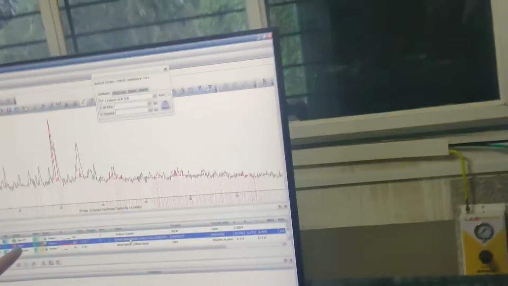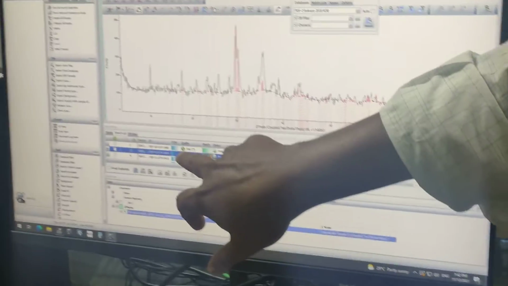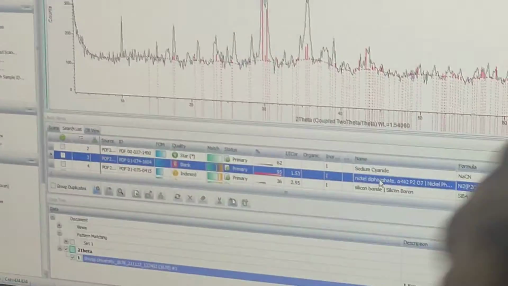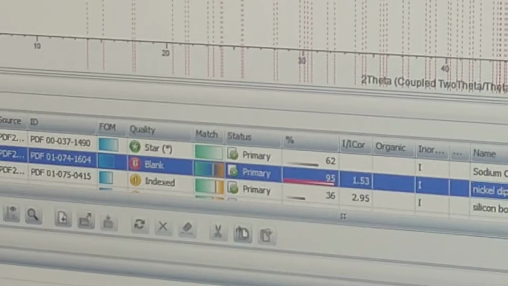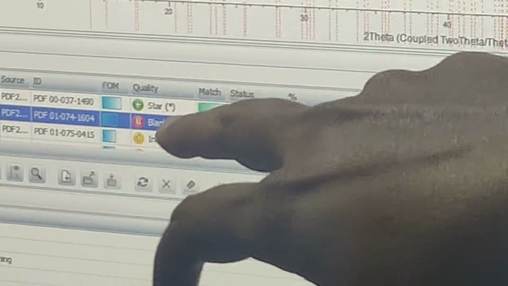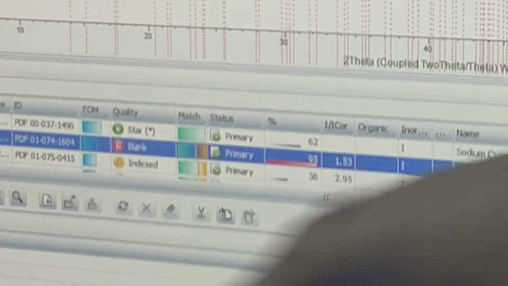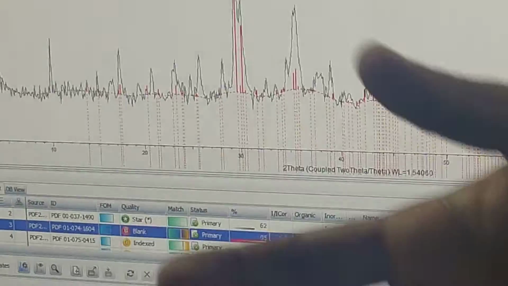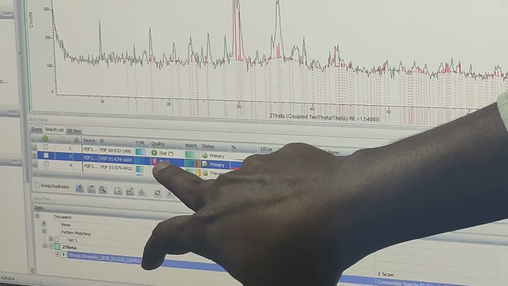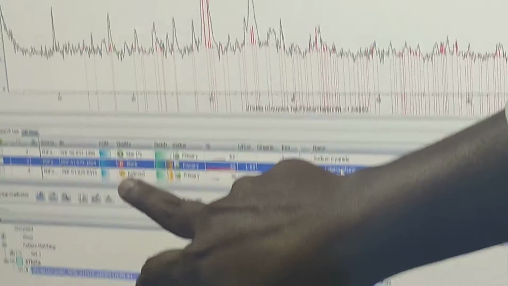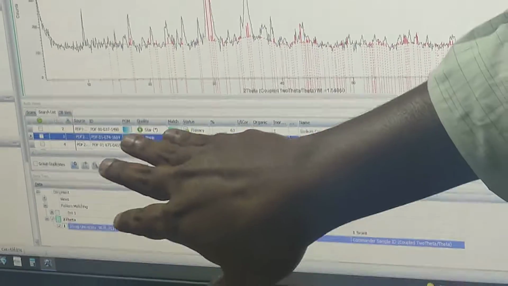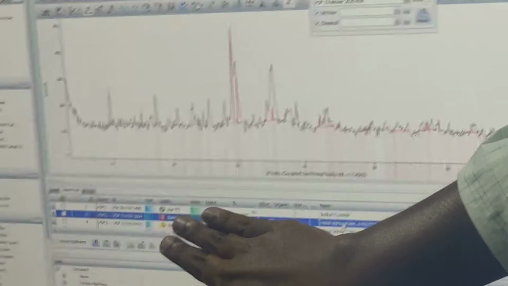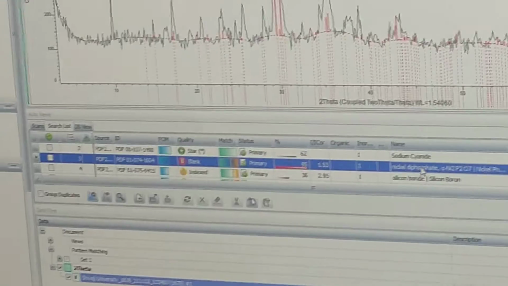Sir, what is the score? No, don't. Okay, this is the quality of the data. The star means you have sent good quality data. The blank is my bad data. I sent a bad data now. That also they have accepted, but they have put a warning symbol that this is very bad data, don't use this data, kind of thing. So this is the star, blank, indexed, and the warning symbol.